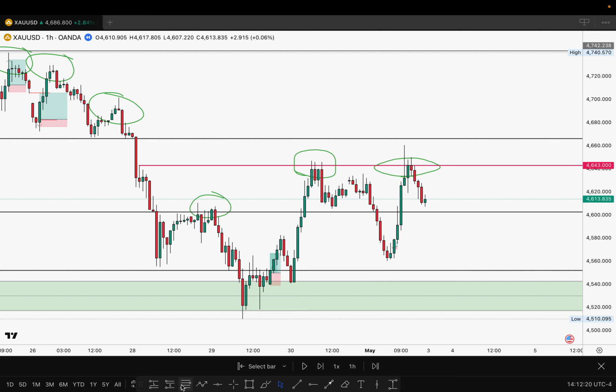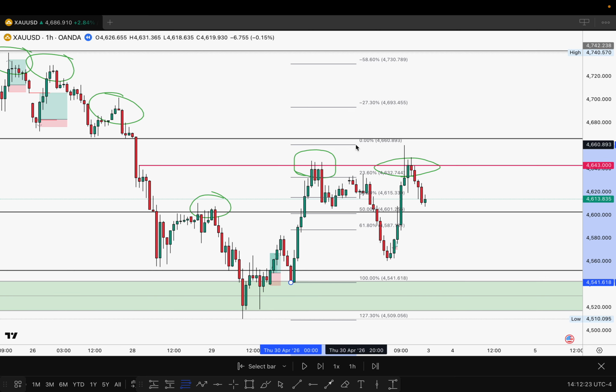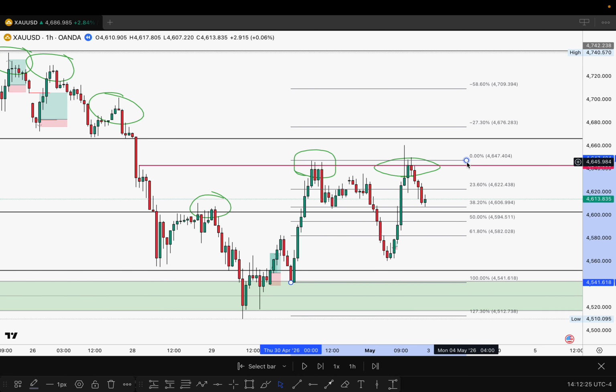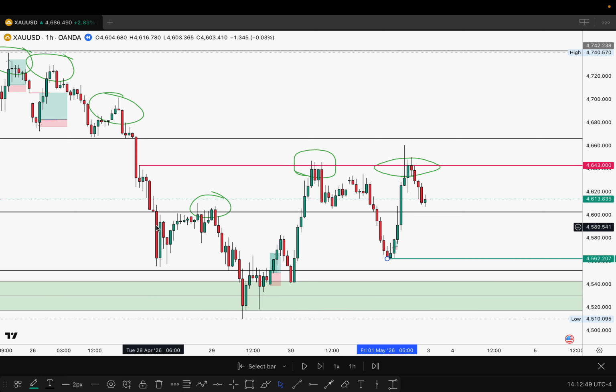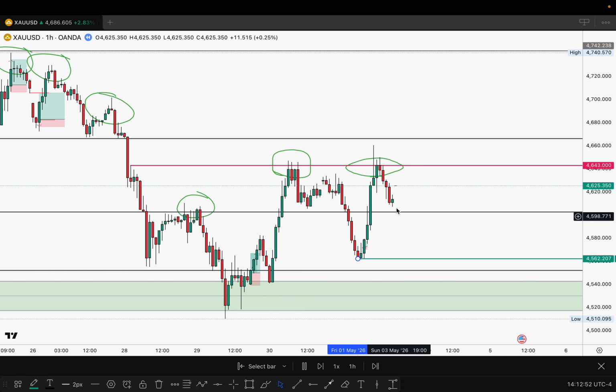I was expecting, from this low right here all the way to this high, some kind of stop actually on the 61.8, but we didn't. So we just broke below the 61.8, and made a new level of support right here that we can probably mark as a level of support. And looking at it from the Sunday perspective, which is Sunday open right here,